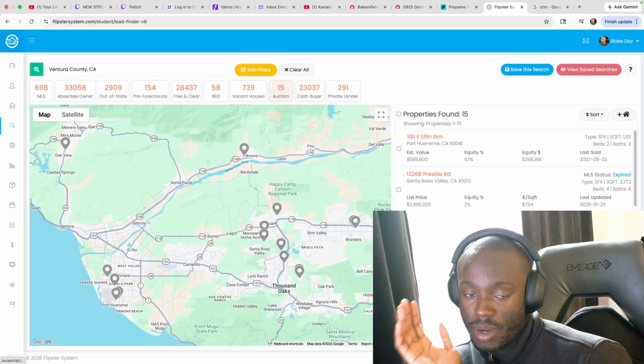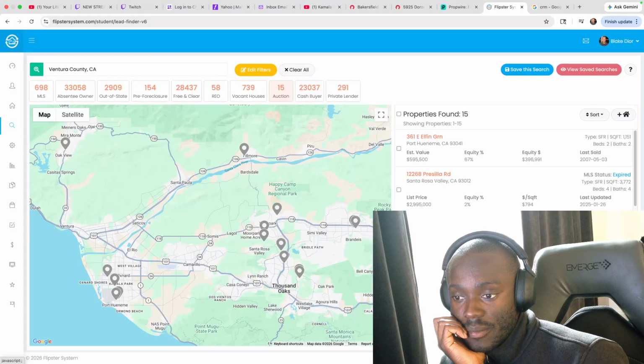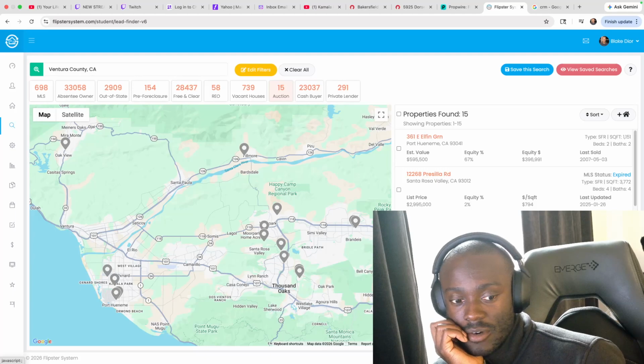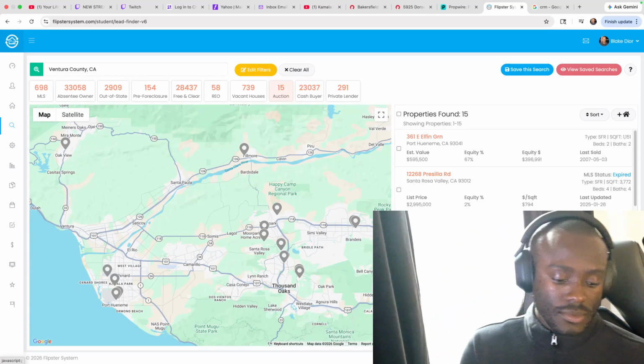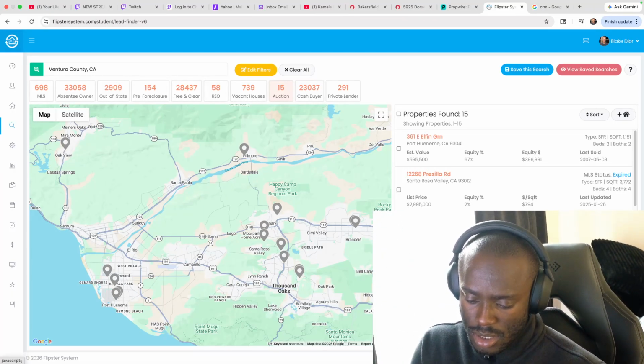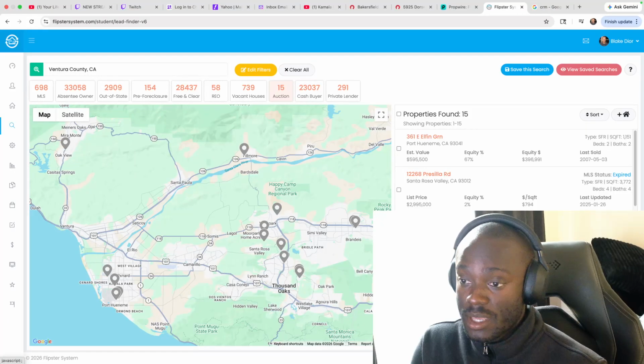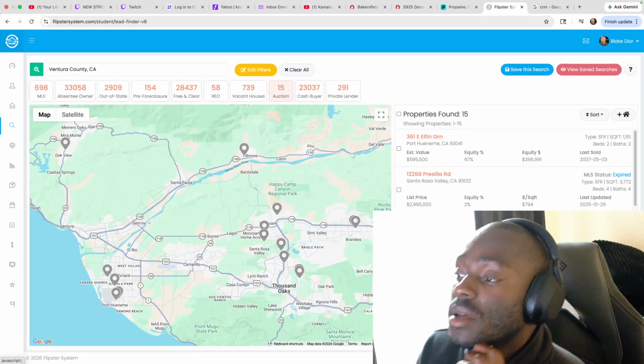Both are monies that you could borrow to fix and flip a home, but the interest rates are usually different, and the guidelines to borrow the money are completely different. One's more lenient than the other. Anyway, so all of that is under the CRM.